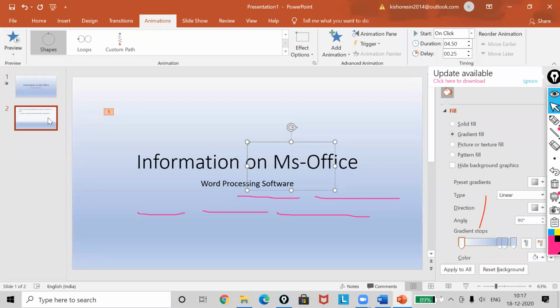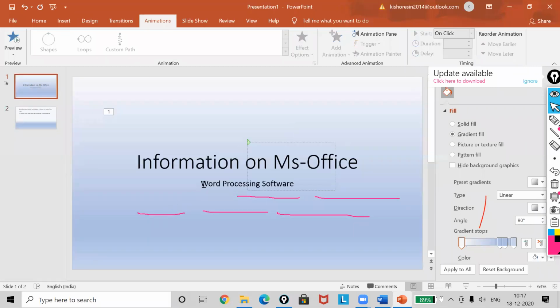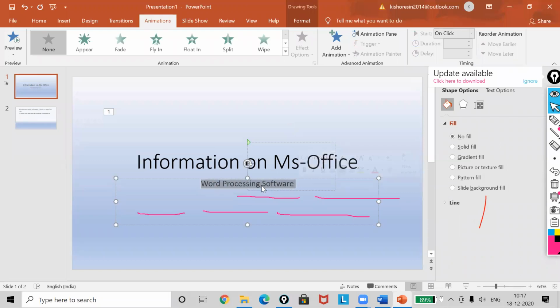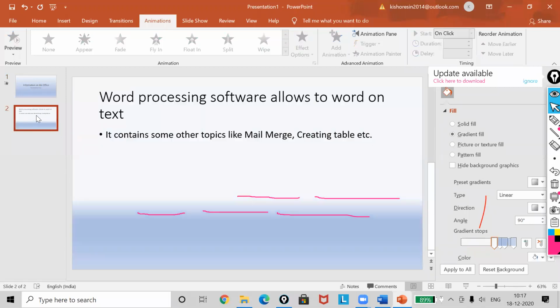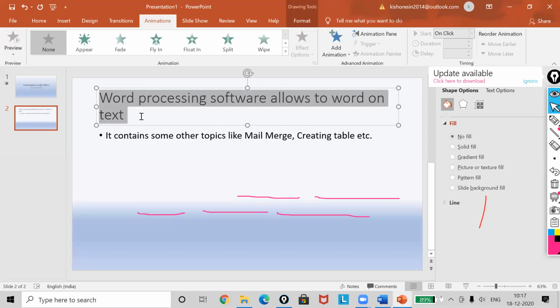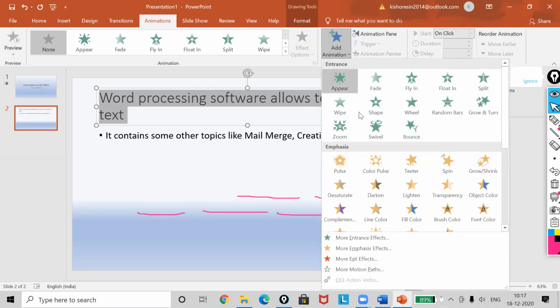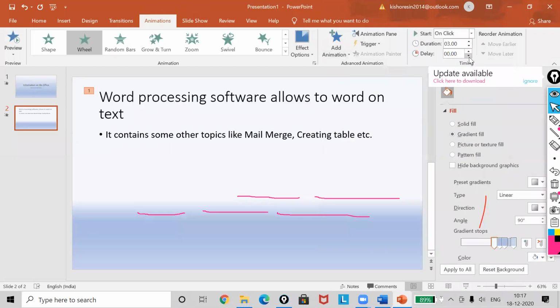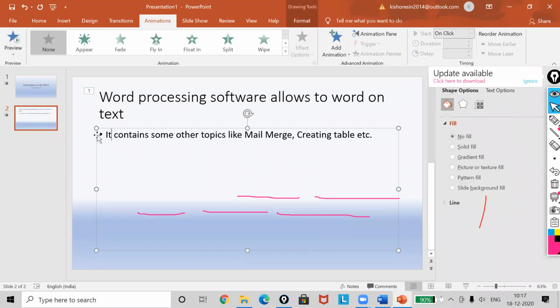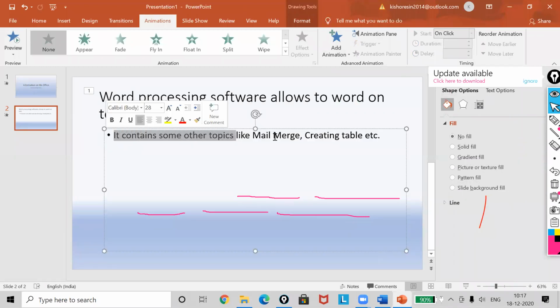Okay, now come to the second slide. Wait, because this topic is also left, so I have to give animation to this one also. So I'm going to use wipe. There also I will increase the duration. Here also I will have 25. Now come to the next one. This is my title. So I'm going to have this also animation. This should be a little bit delay. Same I will go for my subtitle also.